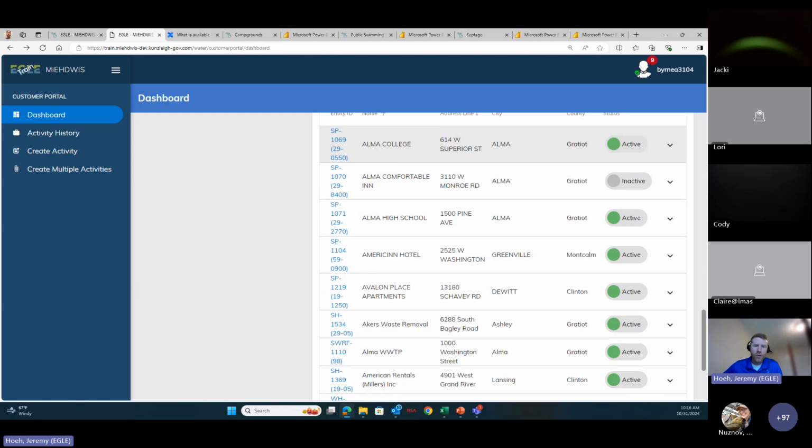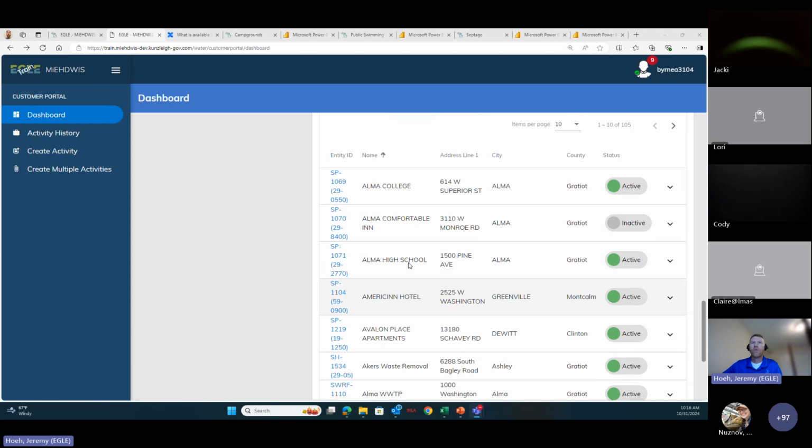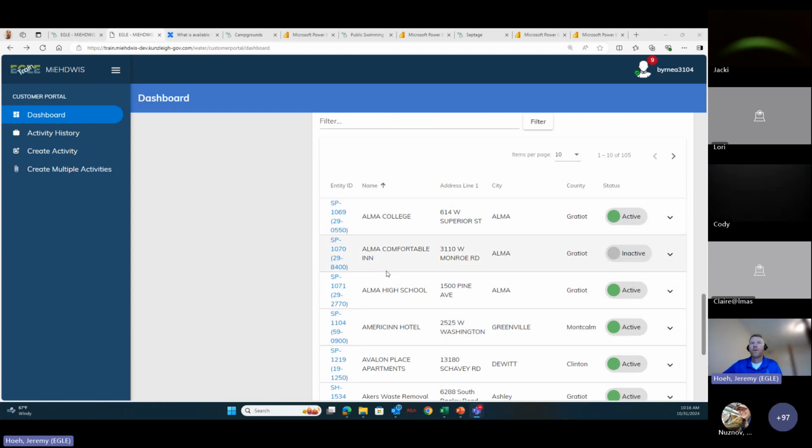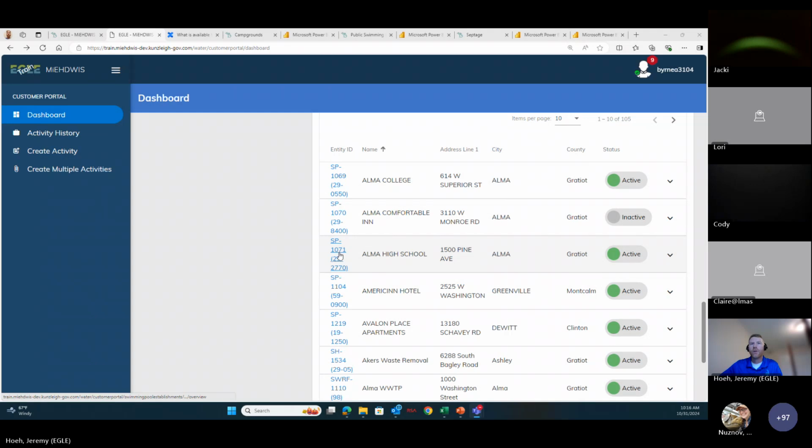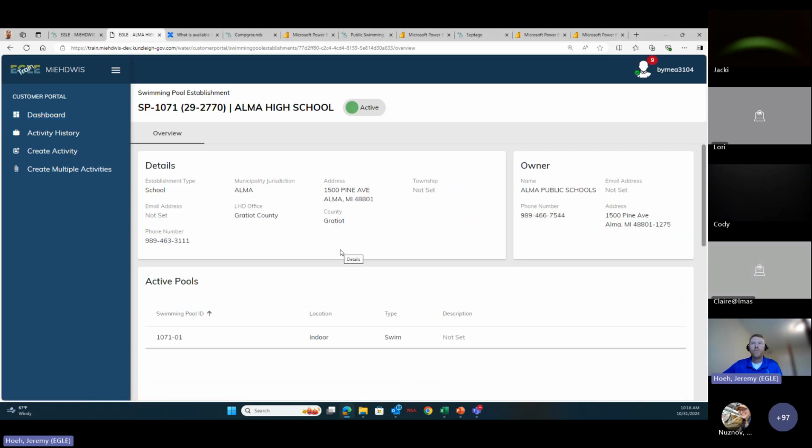And for any construction permit activities, you'll be able to access the construction permit. So you'll be able to view and download that. But just want to show you, if you click on, so right now this is Alma High School. They have a swimming pool. Click on that. It'll bring up a few other cards with some additional information here, some contact information that we